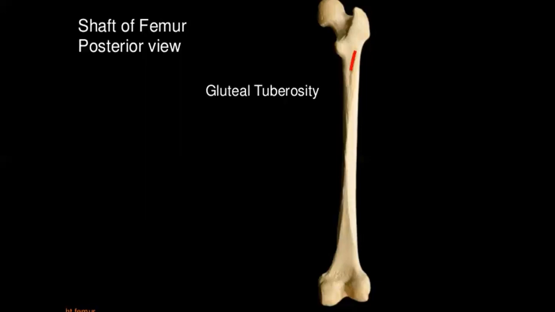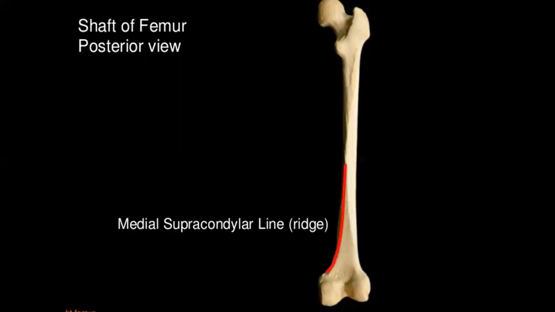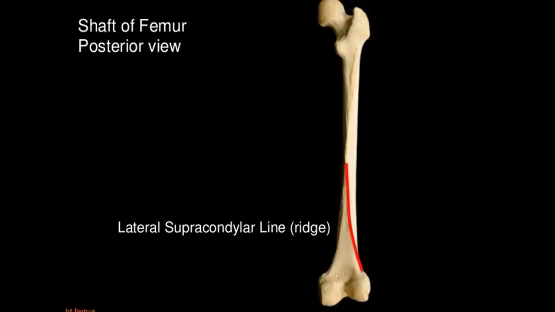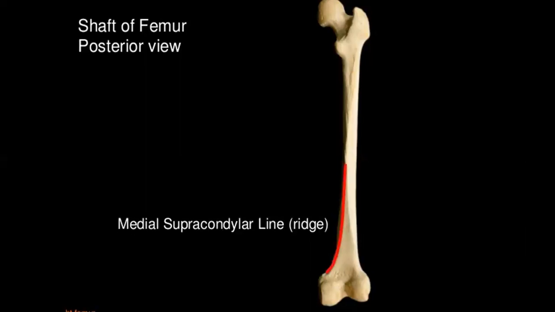So on the posterior aspect of the shaft, we have superiorly the gluteal tuberosity, then comes the linea aspera, which continues as the supracondylar ridges on the medial and the lateral side. The medial supracondylar ridge continues below with the adductor tubercle. I'll further tell you in the coming portion. This is the adductor tubercle somewhere here, and this medial supracondylar ridge continues below as the adductor tubercle. And this was the shaft.